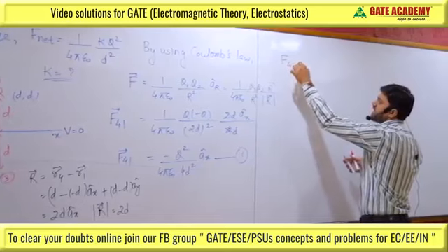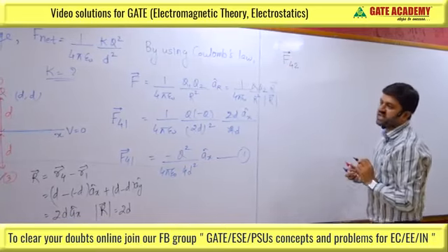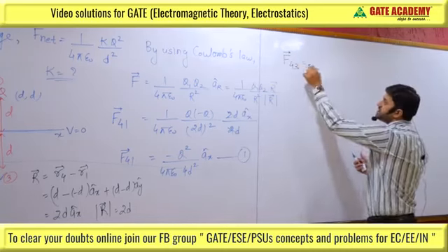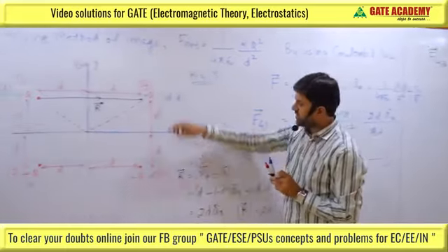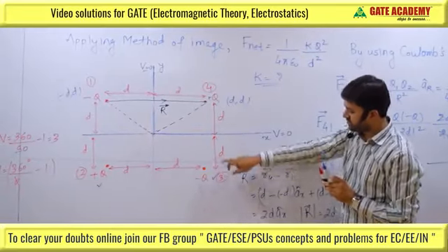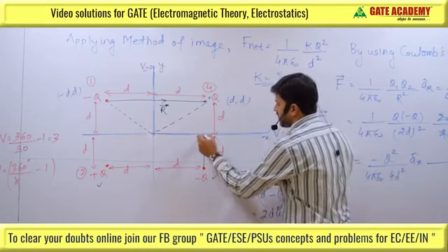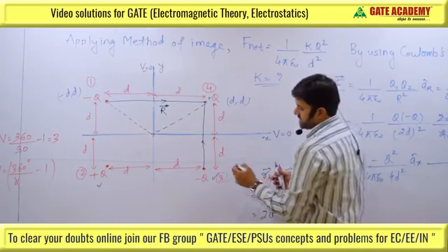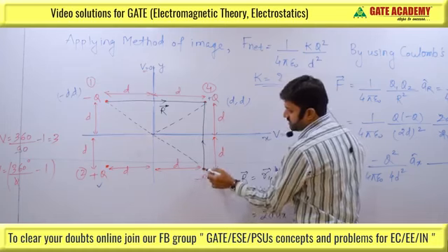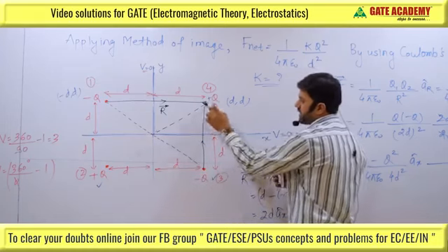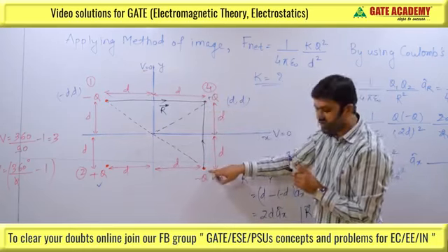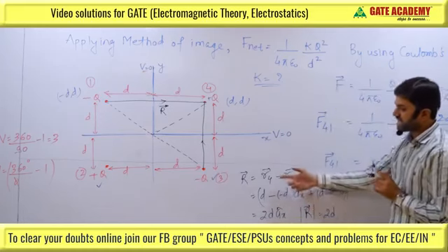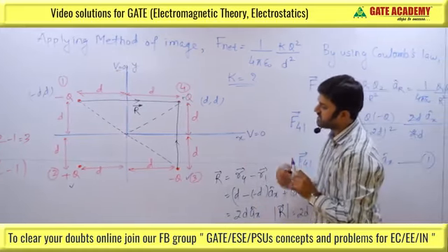Now force on charge 4 due to the point charge placed at position 3, let us say. First let's calculate for 3. So we will get the force on this point because of this charge. So we have to join a line from 3 to 4. So we will join the line like this, and this is again the displacement; this is the initial point and this is the final point, because we have to calculate force on this point. So we are moving from this point to this point, so this will be the final point and this will be the initial point.